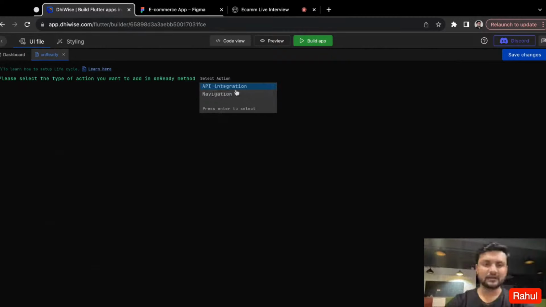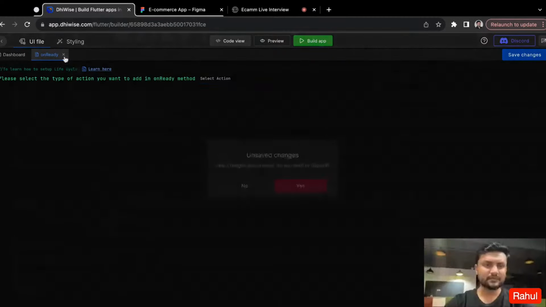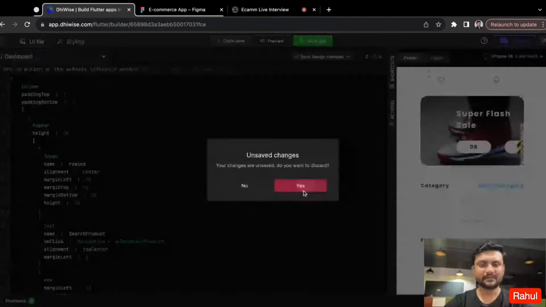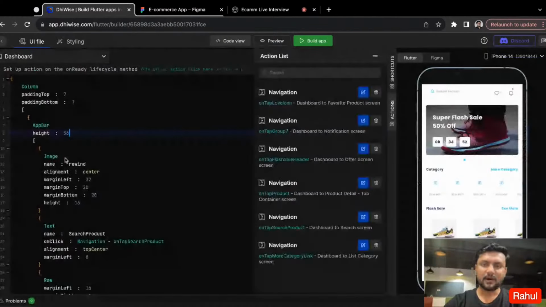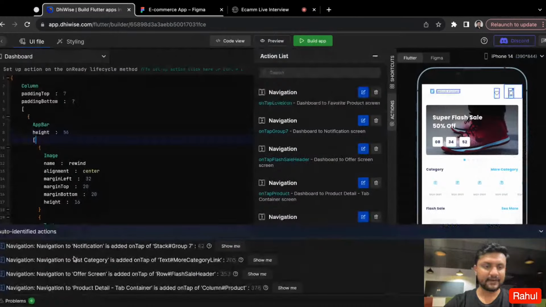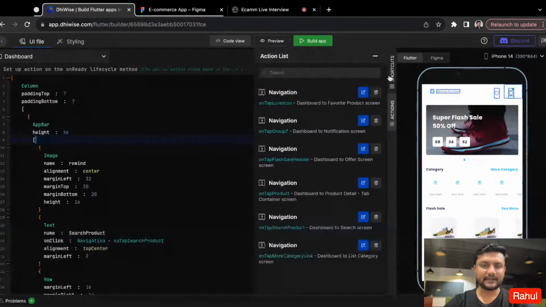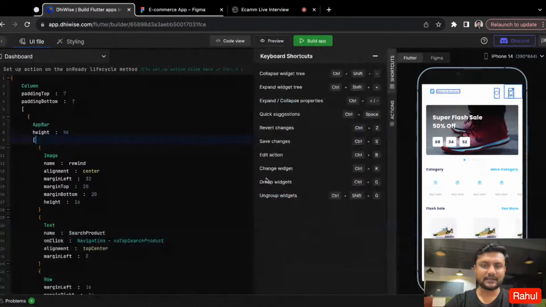So here you can set up a couple of actions called API integration and navigation. I won't be getting into it because it's the same as what we saw before. And here you will be able to see all the actions that have been done. These are the auto-identified actions that have been generated by Device. You can find the shortcuts like undo, revert, change, if you want to collapse